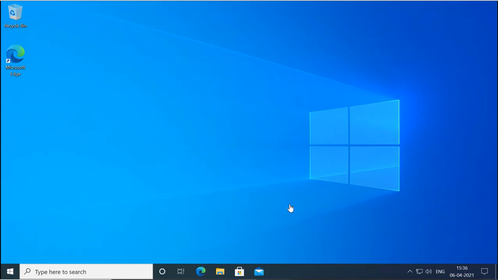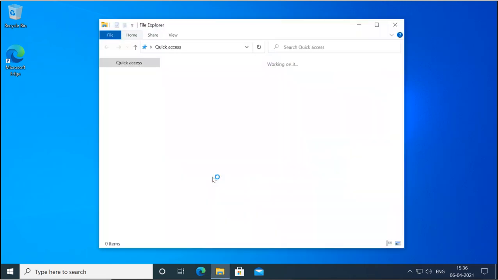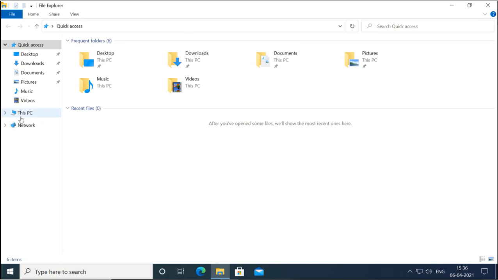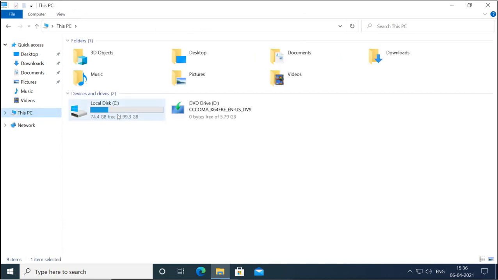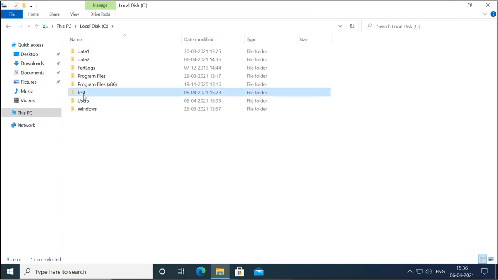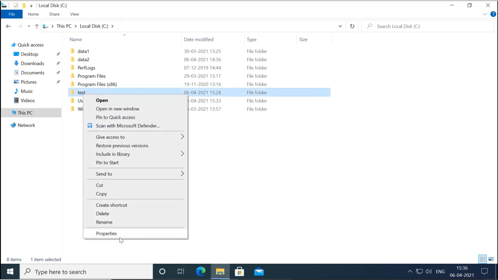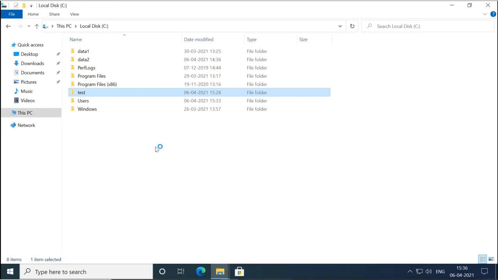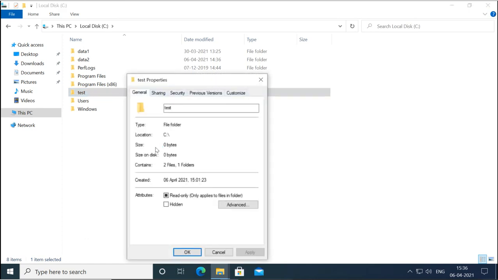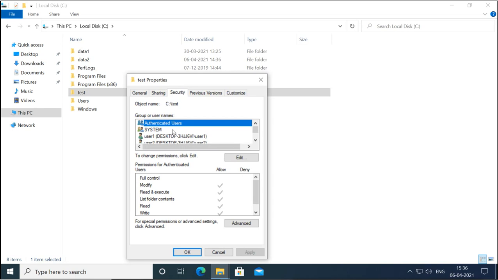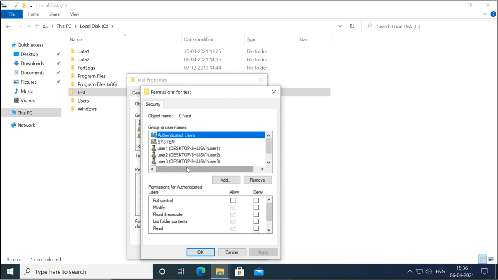So user 3 is logged in and he will check that folder. Now remember, it is having full control. When you check the properties, it is having full control, this user 3. That means it can edit the permission also. It can click edit, and you can see it is having the permissions option. It can see the permission and it can remove some permission if you like.